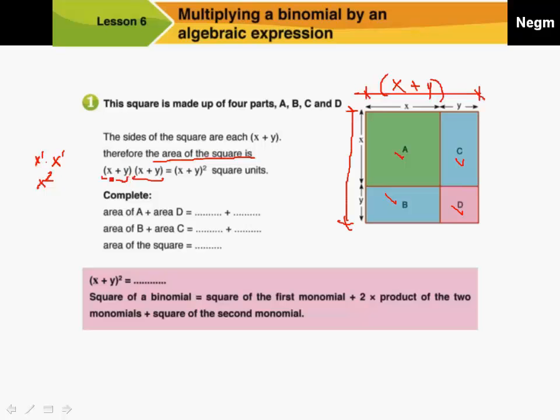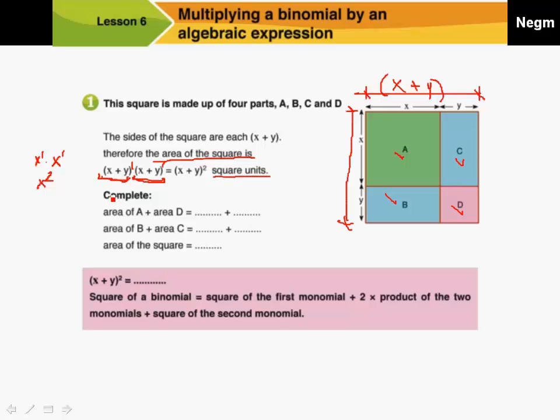Here we have x plus y between two brackets, and here x plus y, the same. This is raised to power 1 and this is raised to power 1. So we can write only one of them and the power will be 1 plus 1 is 2. So x plus y times x plus y is equal to x plus y to power 2, area in square